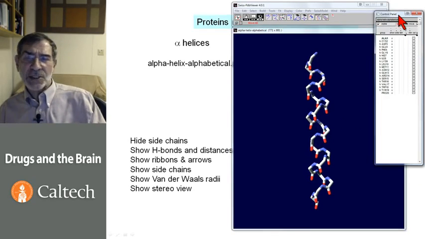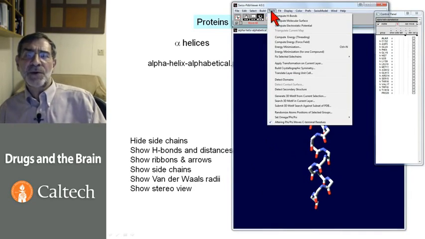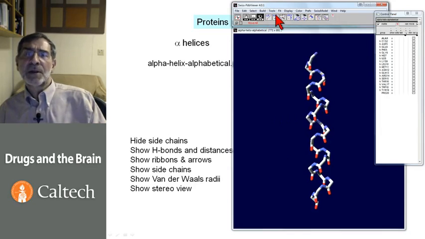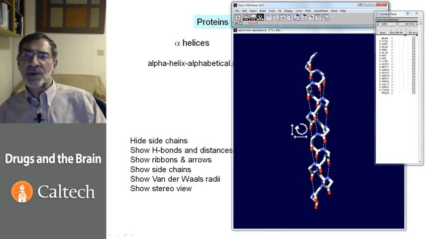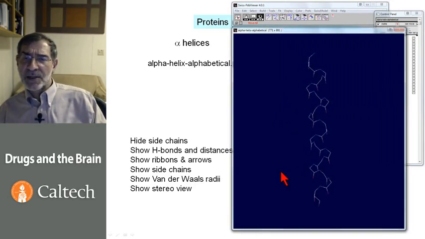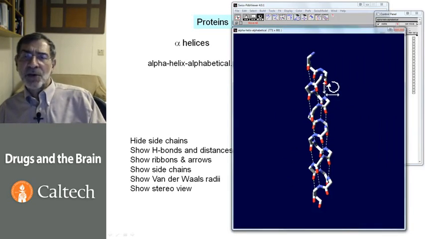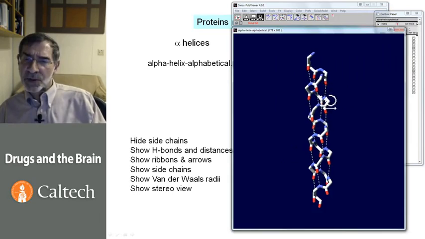We'll keep the side chains hidden. The next important aspect of a protein is that we are going to show you the hydrogen bonds. Let's see, we'll have to display the H bonds. There we are. So the hydrogen bonds go from a carbonyl group to an NH group, one turn up in